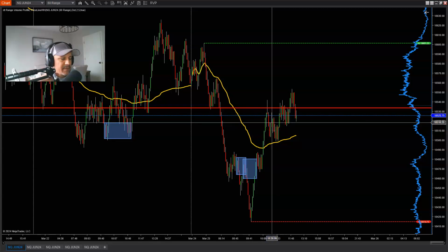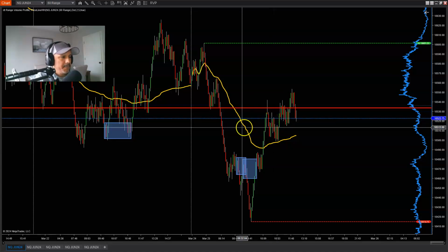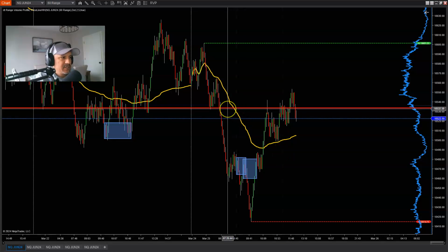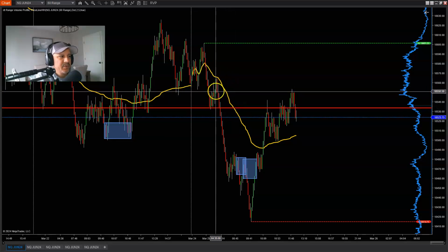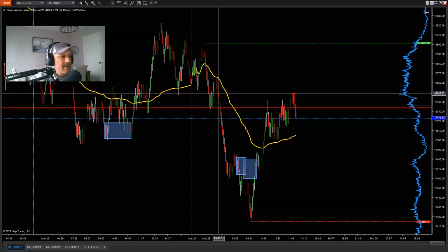Moved over to my lower time frame like I discussed, and looked to get me into more of a precise entry. That makes sense. So I'm not taking the trade based off the higher base chart. But I was aiming for it to come down here. But like I said, this was an area of resistance. And what you have to understand, if you're trading support and resistance, you can become liquidity. Because you're really not getting into a move at the beginning where it took place. This is where the move started right here. This was a supply zone right here, and it's